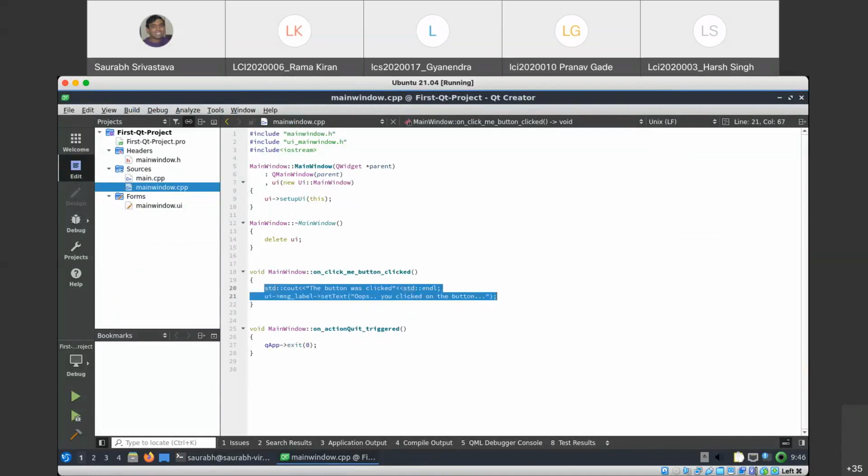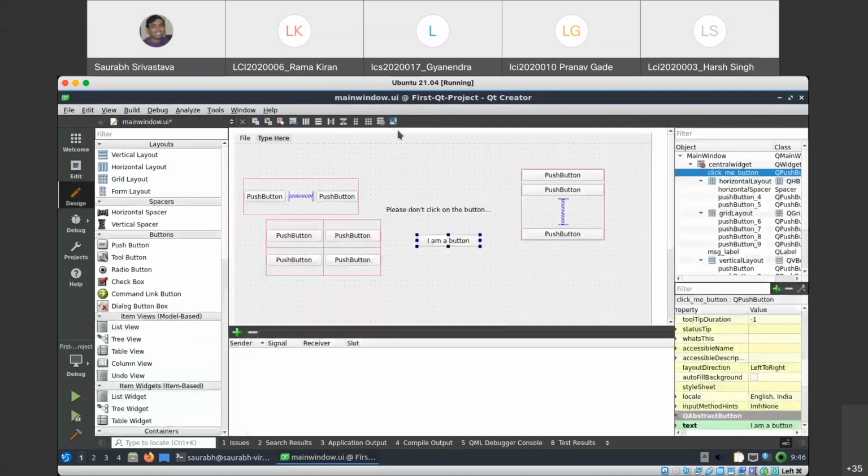Okay, so this is how you provide an event handler for any kind of UI event. There can be different types of UI events, and you can write code to handle all these events. So let me just discard everything, I would say. Let me just remove whatever I did.